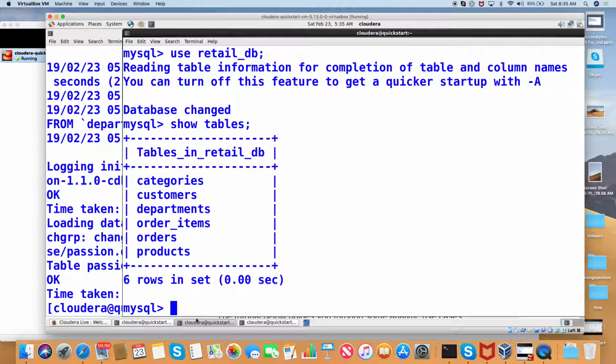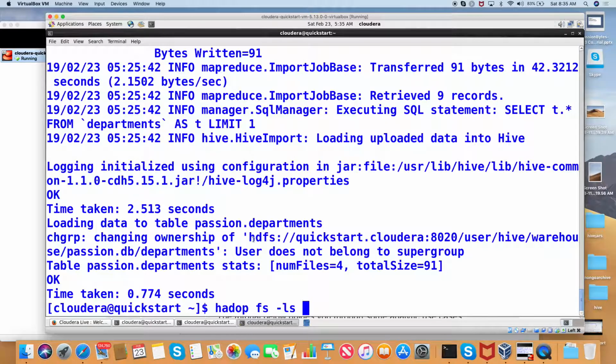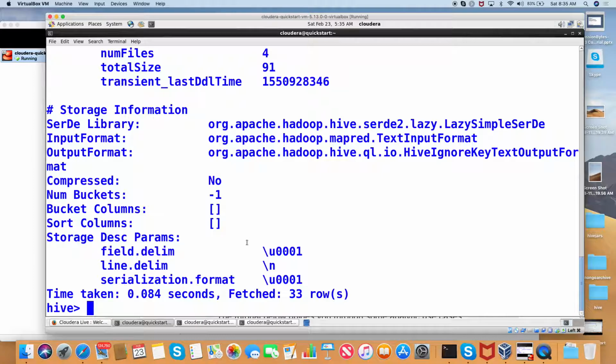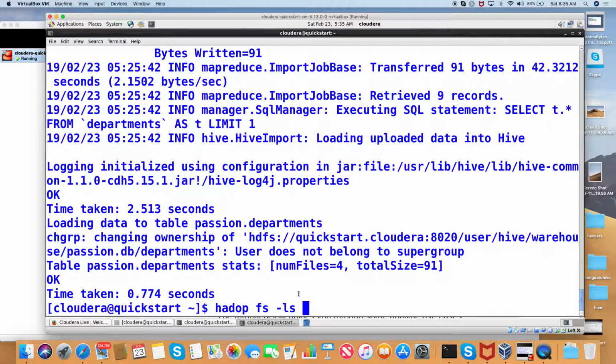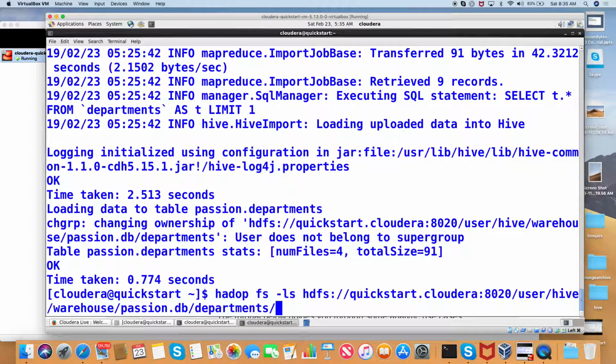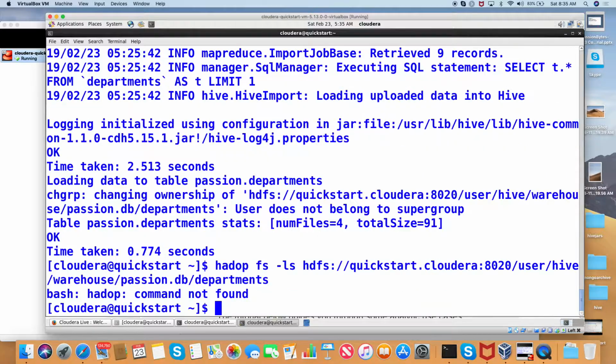That is the reason why I gave you that Hive location. Copy this particular one, go here and run hadoop fs -ls, then right click and paste departments. How many files will you see? 5, underscore success and